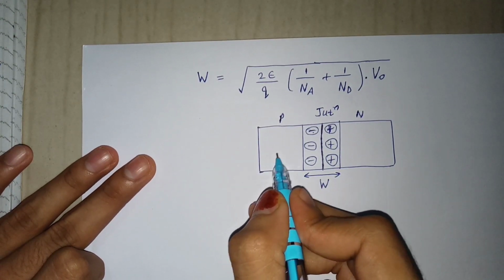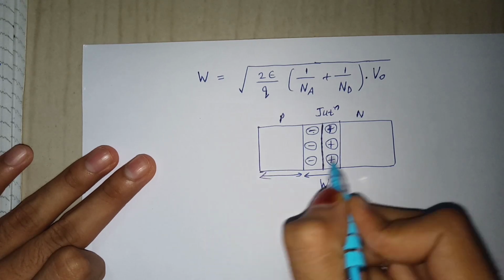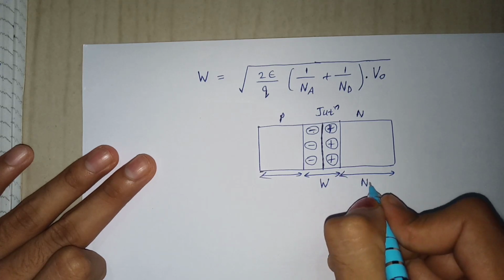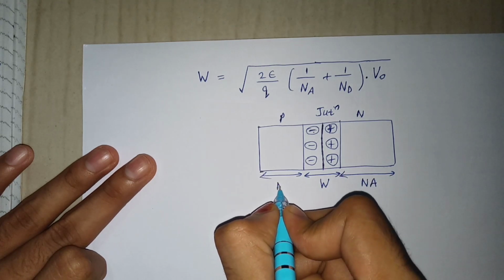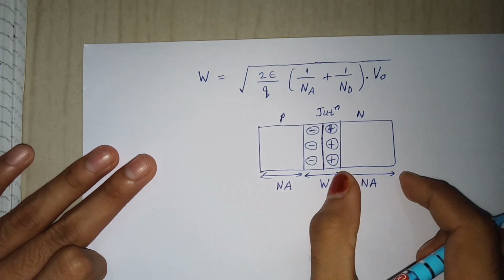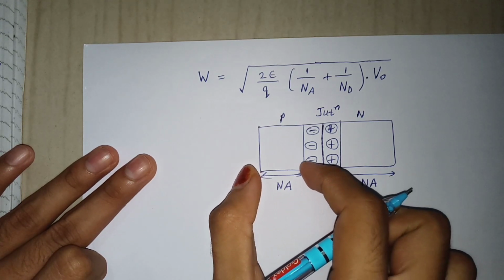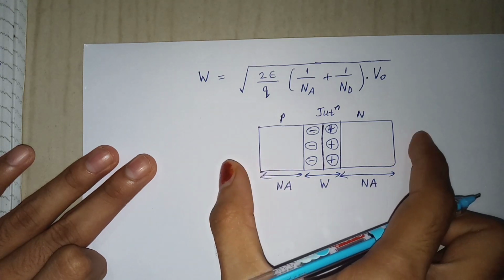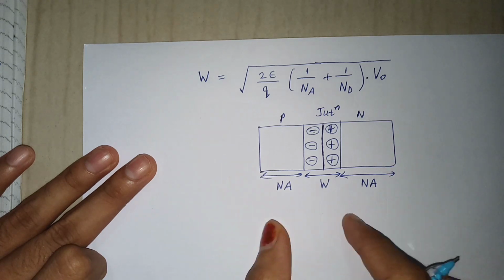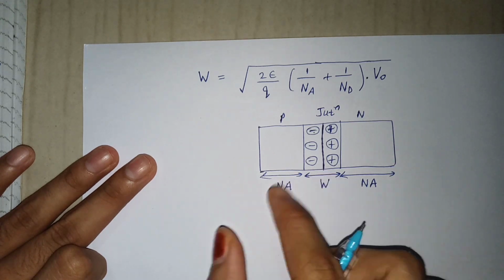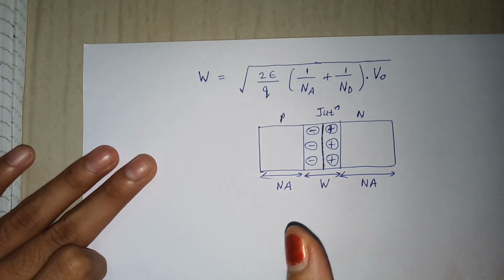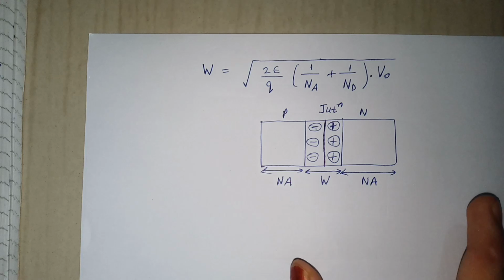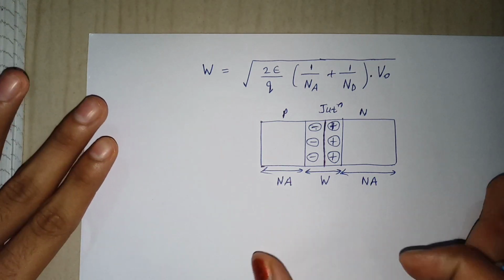As there is no charge here and here. Why? This is the neutral area. Why is it called the neutral area? Because there are no charges present at the p-type and n-type. We will discuss it later: when we supply voltage here, due to the attraction it attracts the ions and neutral charge occurs.